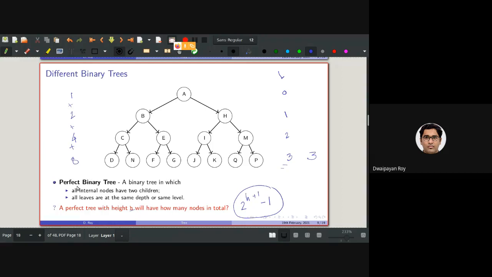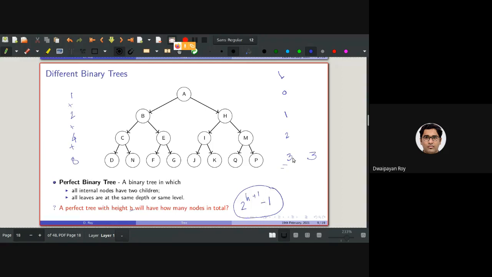Geometric series. It's a geometric progressive series, GP series, and we are actually adding them up. I hope you will be able to do the maths on your own. If we denote this in a single statement, it will be 2 to the power h minus 1 plus 1.